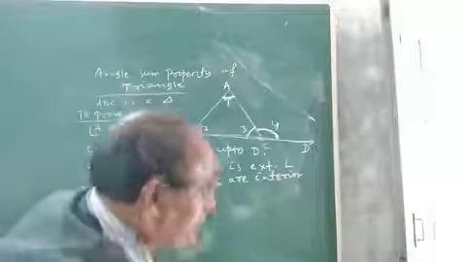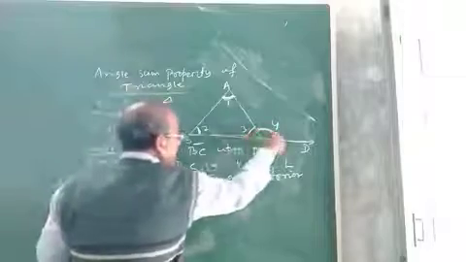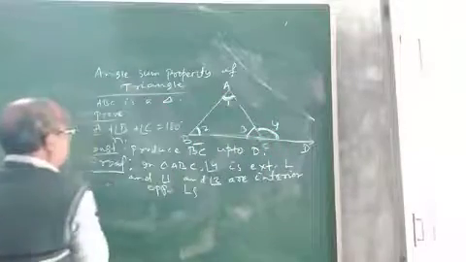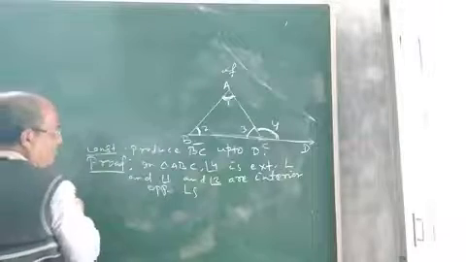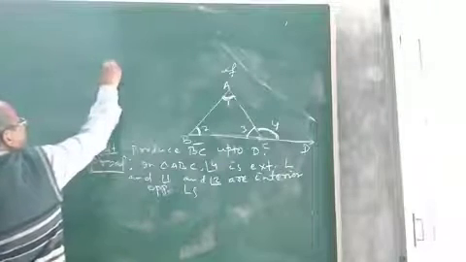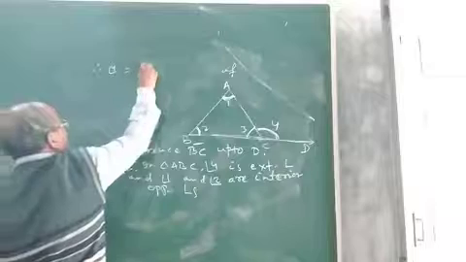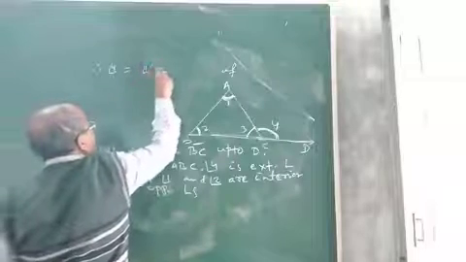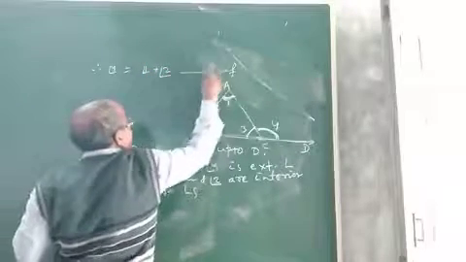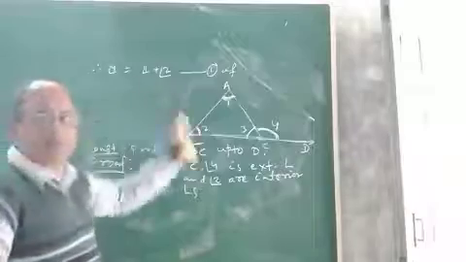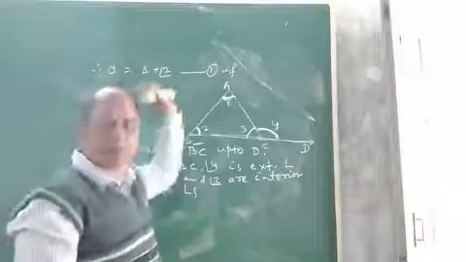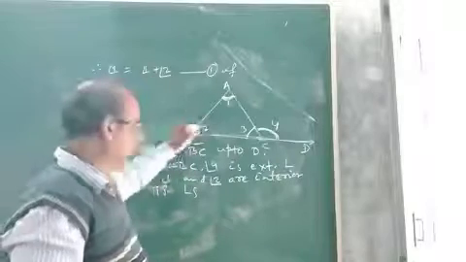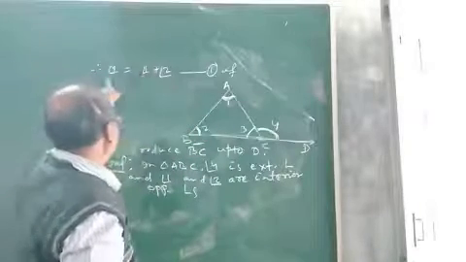Now, as angle 4 is exterior and these two are interior opposite, therefore, what will be the relation? Therefore, angle 4 will be equal to angle 1 plus angle 2. Okay, this is the relation. So make it equation 1. Suppose this is one equation. You know what is linear equation in one variable, so this can also be an equation. So angle 1 plus angle 2 is angle 4.